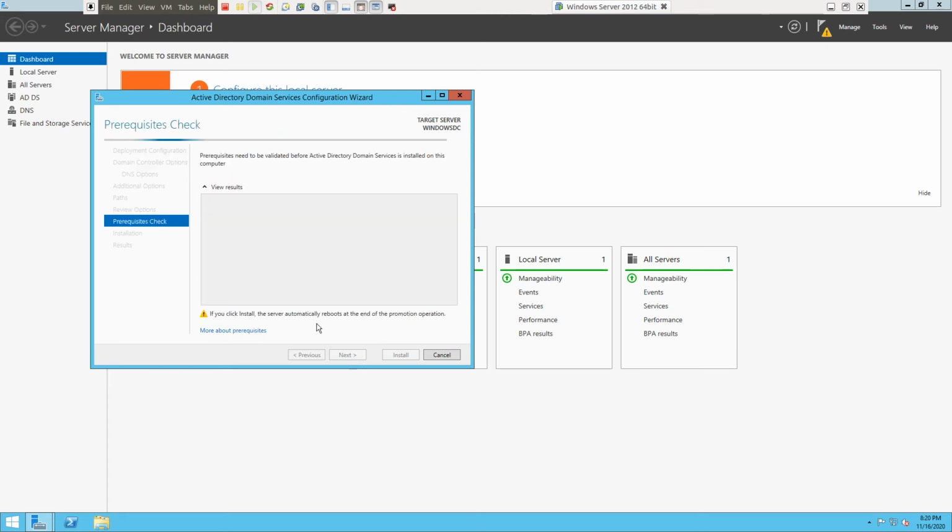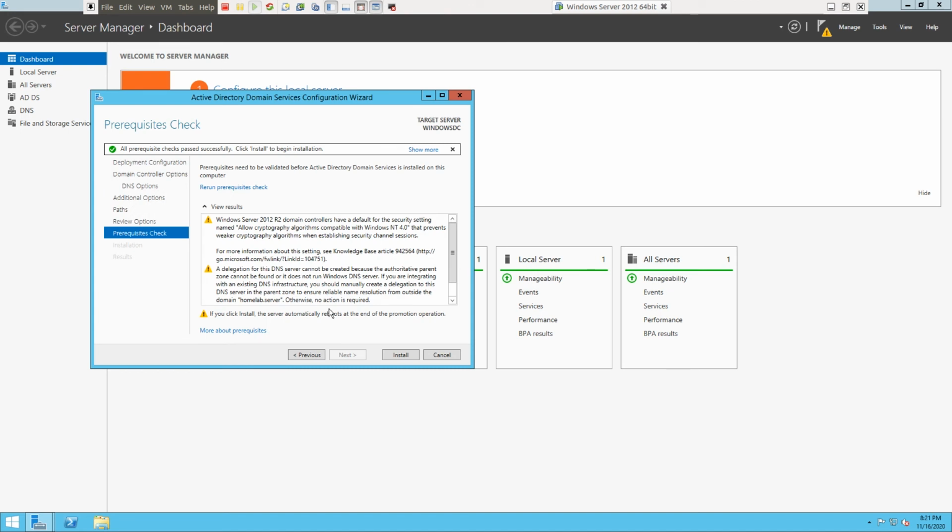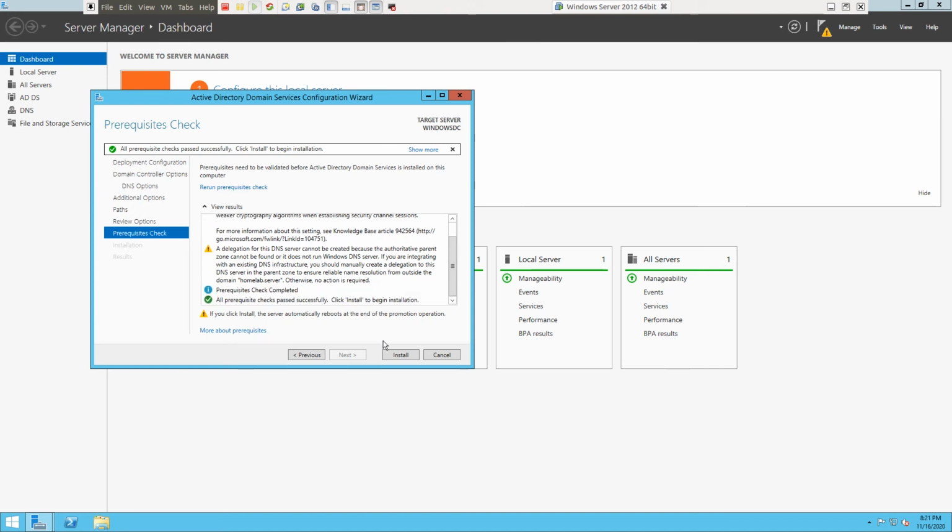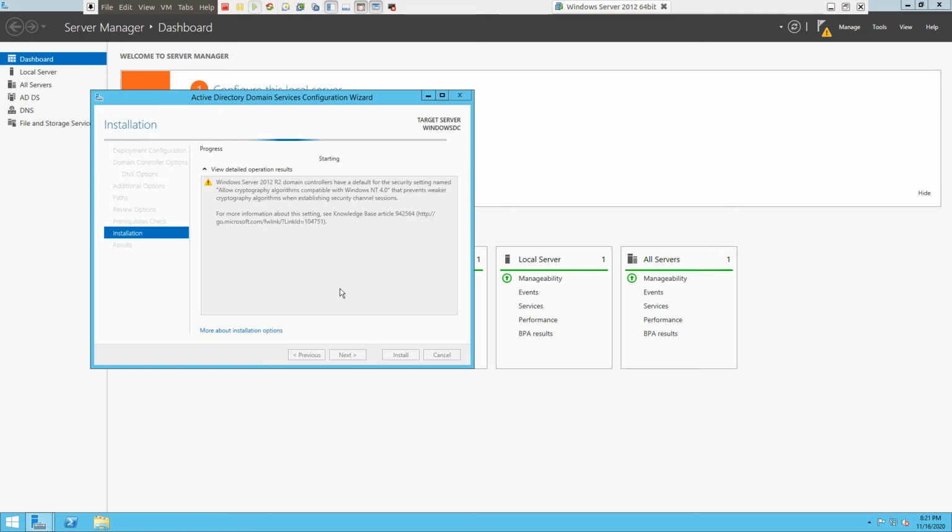Click on Next. So now let's install these settings. Click on Install. Now a new forest will be created, and this will be the domain controller for that forest.